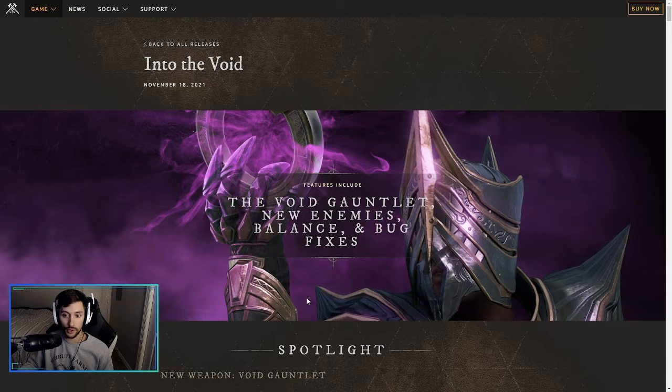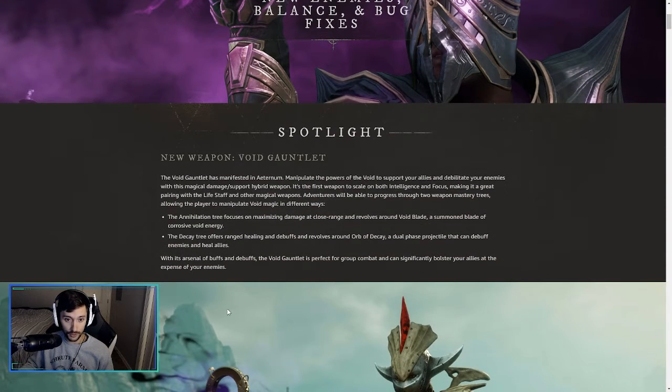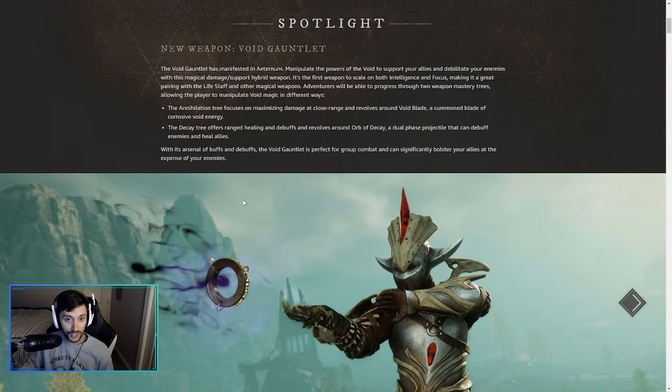So, Into the Void. Featuring new weapon, the Void Gauntlet, new enemies, balance changes, and bug fixes. There's a bunch in here. So the spotlight, the coolest thing that they have here is the new weapon, the Void Gauntlet. The Void Gauntlet has manifested itself in Aeternum. Manipulate the powers of the Void to support your allies and debilitate your enemies with this magical damage/support hybrid weapon. It's the first weapon to scale on both intelligence and focus, making it a great pairing with the life staff